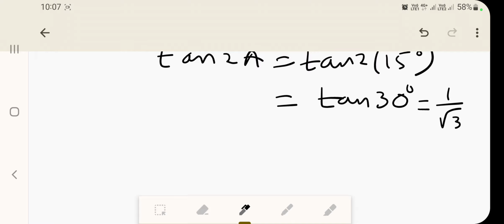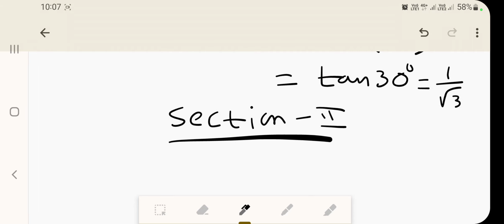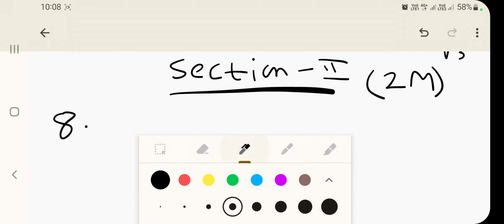Next we go for section number 2, where they have asked a problem related to trigonometry. In section number 2, the number of marks is 2 marks. This is a 2 mark question, and this is problem number 8 in the public examination of 2018 March. So what they have asked,